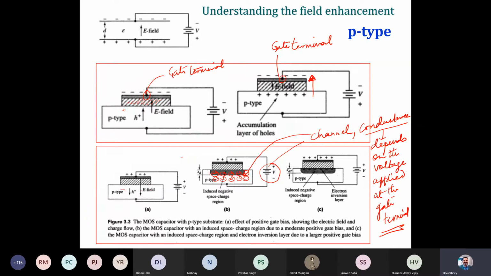What's going to happen as you're increasing is that the free electrons, which are minority charge carriers, simply get attracted towards this interface. So we see an inversion layer that has free electrons created on this interface.